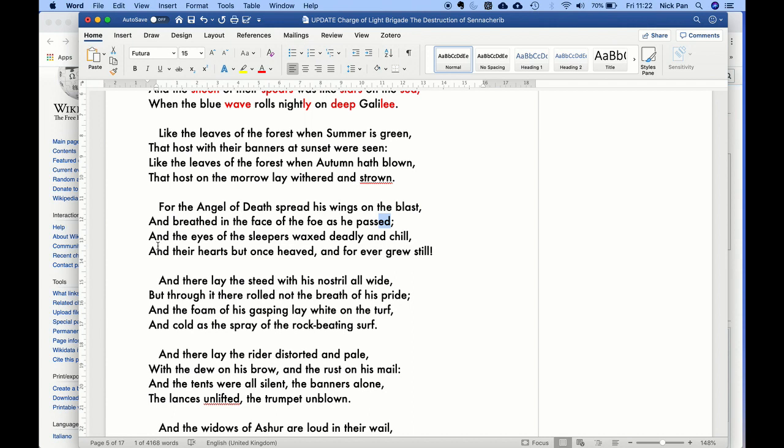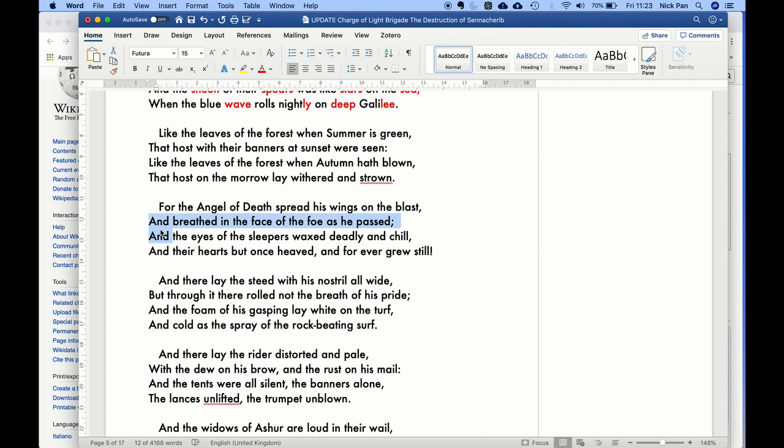And so we have a kind of anaphora there, repetition. It's almost mimicking how a biblical passage reads. "And there lay the steed with his nostril all wide, but through it there rolled not the breath of his pride,